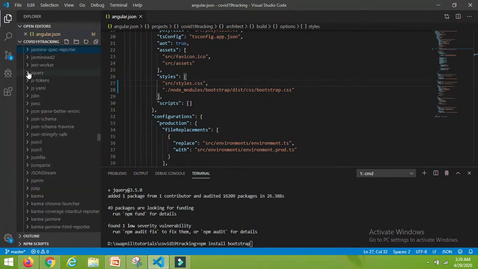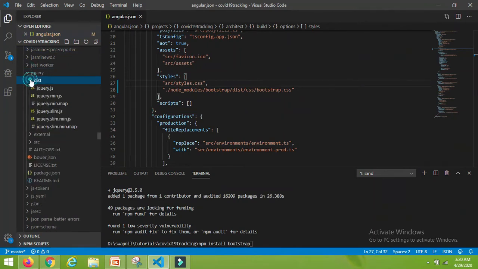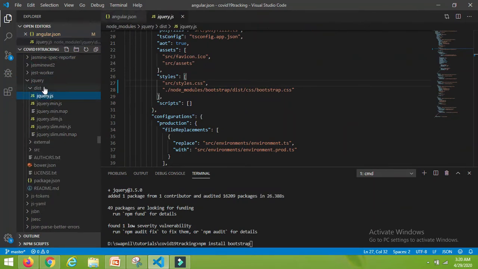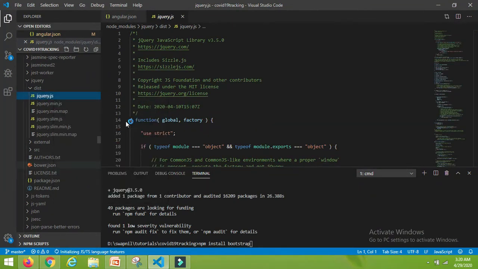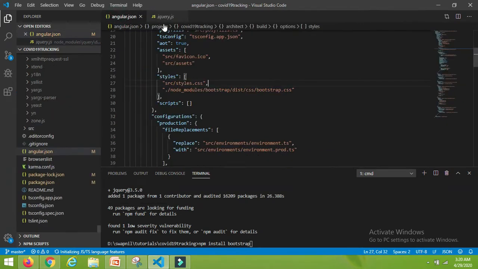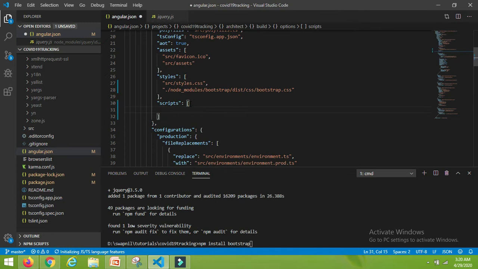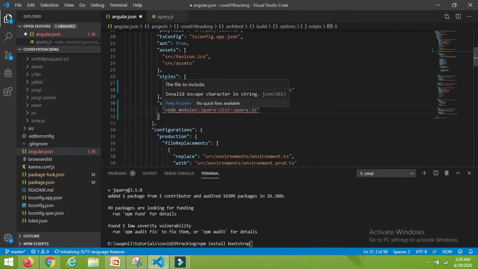Yeah, here is the folder jquery. So within the dist we have the jquery.js. So we have to make the entry of this JS file as well. So copy the relative path, open the angular.json, and here inside the scripts just make the entry of the jQuery in a format which is supported by the TypeScript.